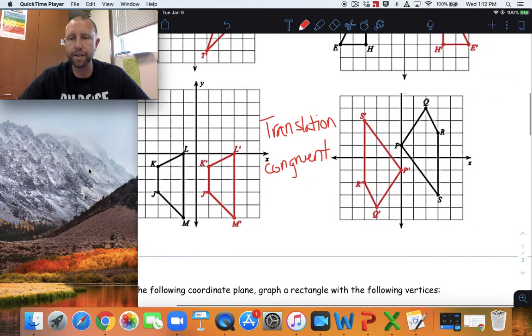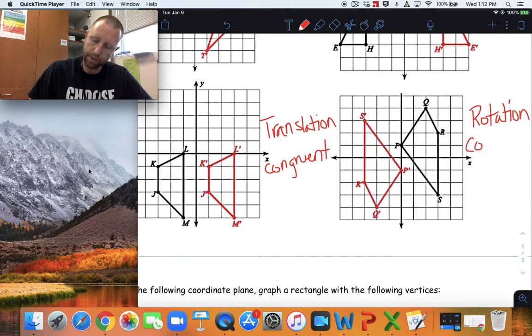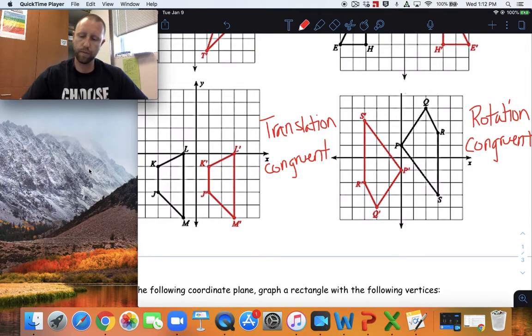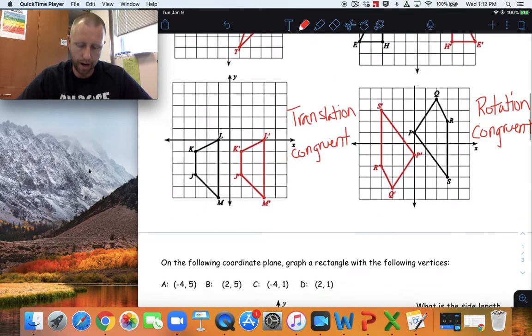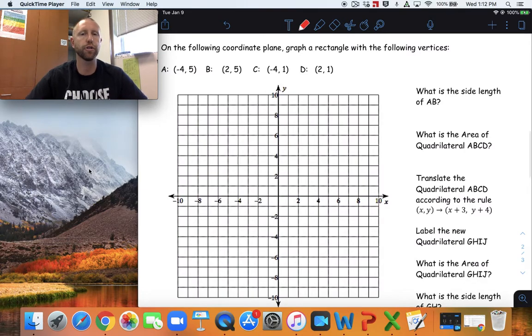And then finally I have this rotation, another rotation. And as we've said, rotations give us two shapes that are congruent. Okay. All right, now, if we look on the next page, so this would be page 30 in your book,